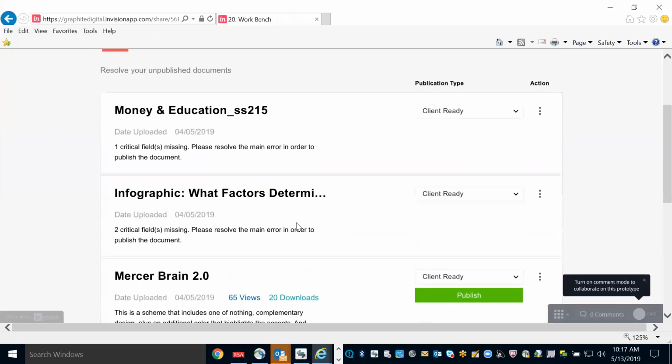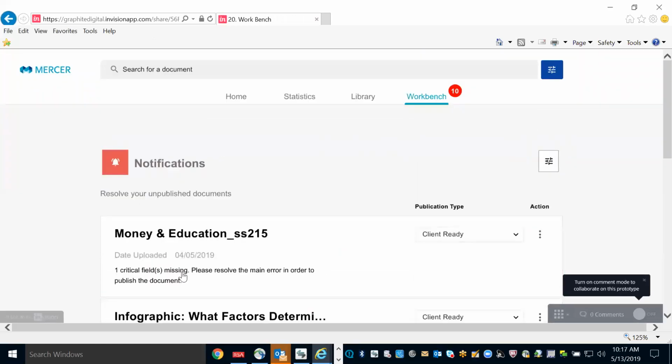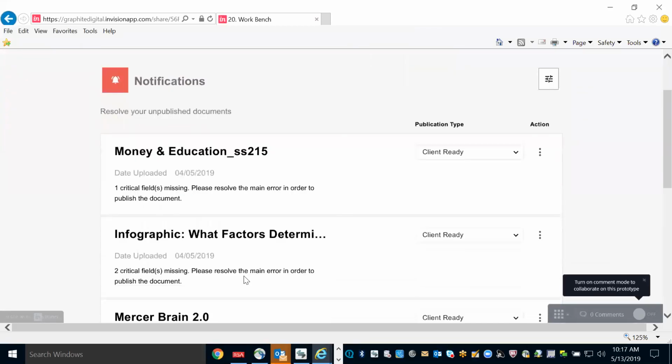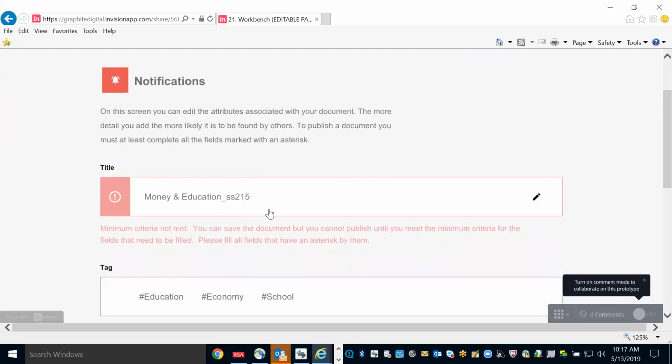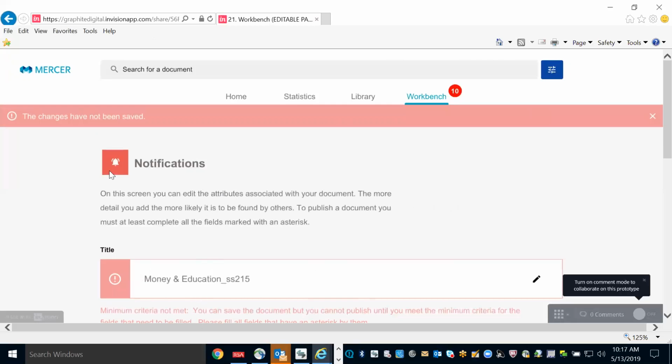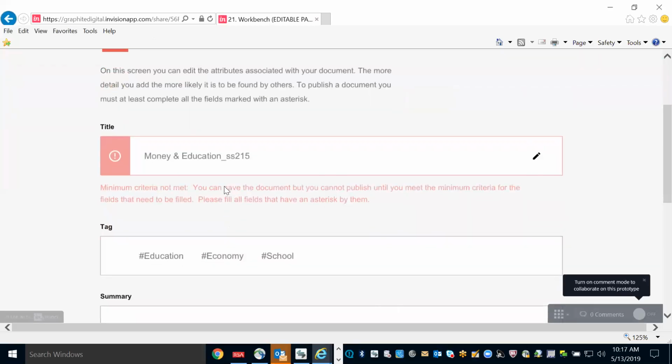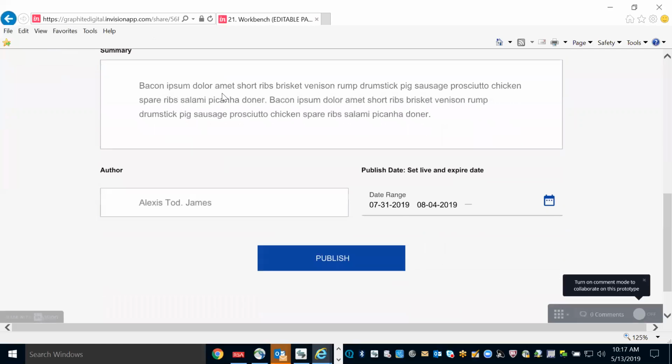That's a good question. If they're in Workbench, they're not yet published. They maybe have an error or something like that. Yeah, I would want to be able to review whatever it is, error or not. Even if this is beautiful, I would want to see all of this, maybe make an edit if I want to. I want to customize it, and then I want the power to hit publish. When I hit publish, it'll let me.